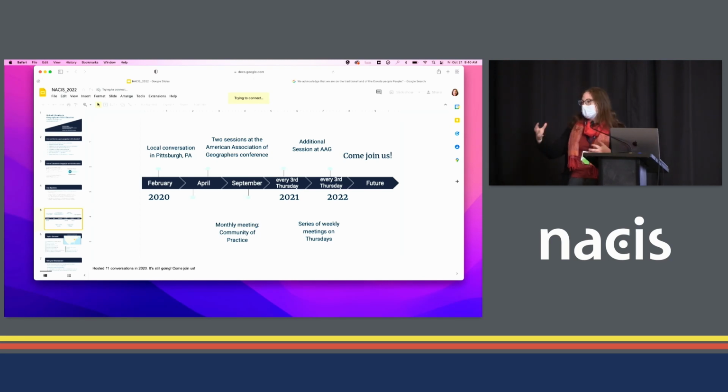So we got to have the involvement of more map librarians, librarians who were subject specialists who might not be specifically focused on GIS, but had people who were asking them about how to make maps. So we were able then to inform our practice more broadly. This led to us now hosting, for 2 years, monthly meetings every Thursday. I will invite you now to come and join us, but I'll also invite you again, so don't worry.